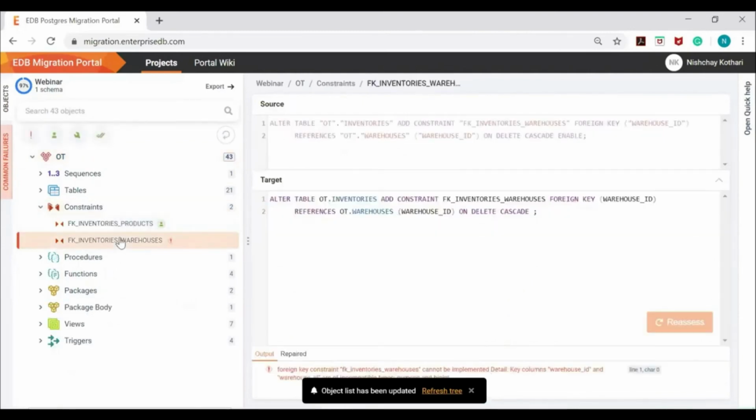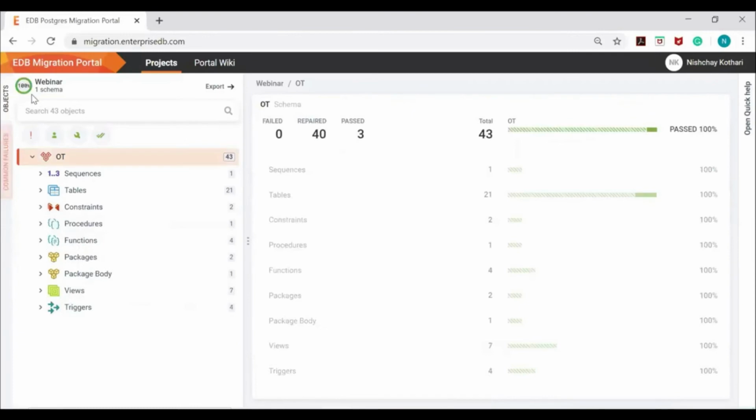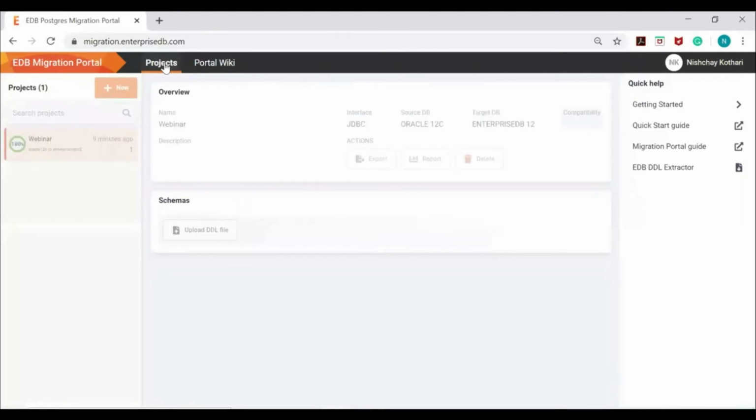Okay, so now let me fix this one as well. See, now my compatibility ratio will also increase. Currently it is 97, and after this now it is 100%. So my entire OT schema is 100% compatible for migration.